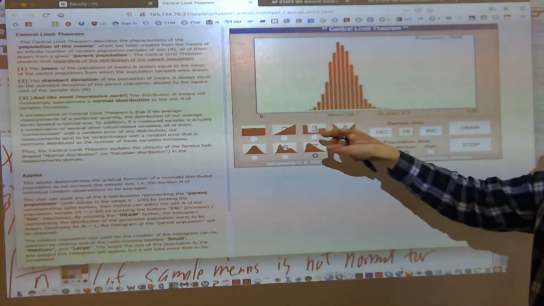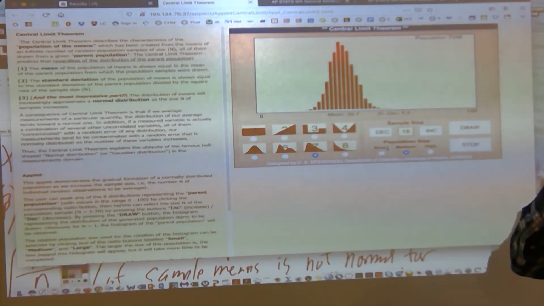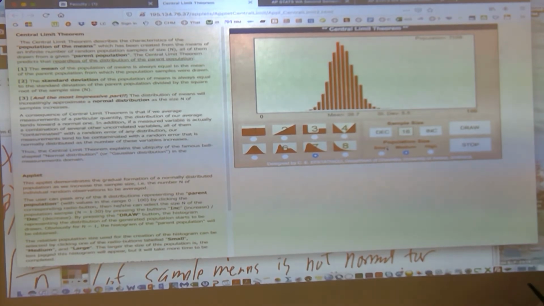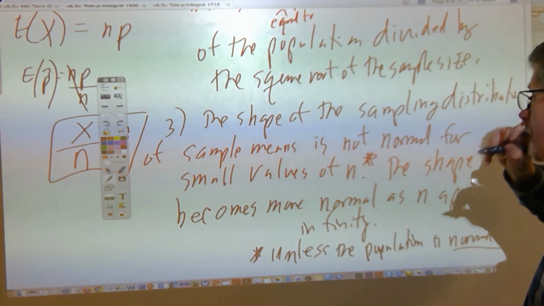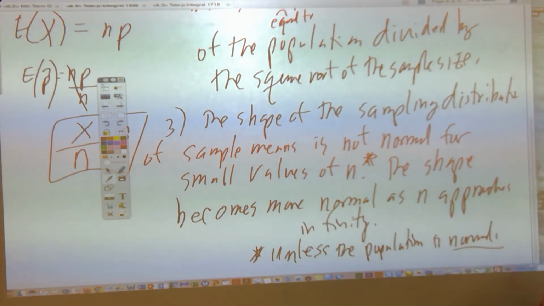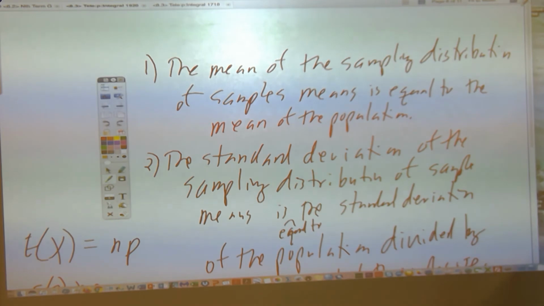But they want the truth. They want the sample mean, or at least an approximation. That's why we need a formula for the standard deviation. So this is what we need to be able to say by the test, which is one week from tomorrow. You need to be able to say all three of these. This is your script.